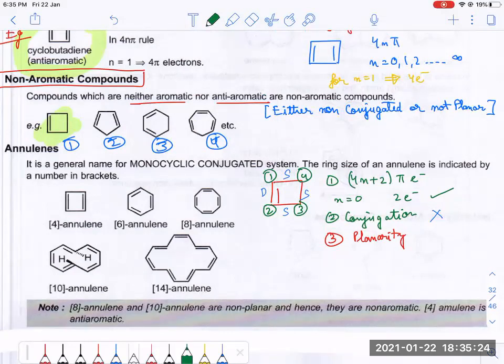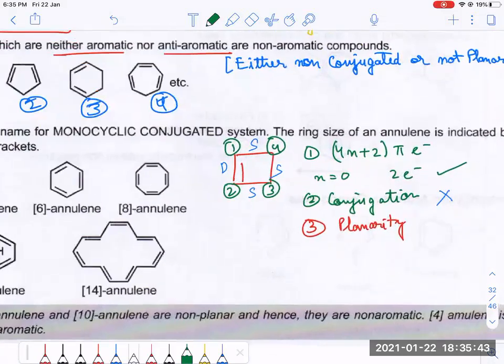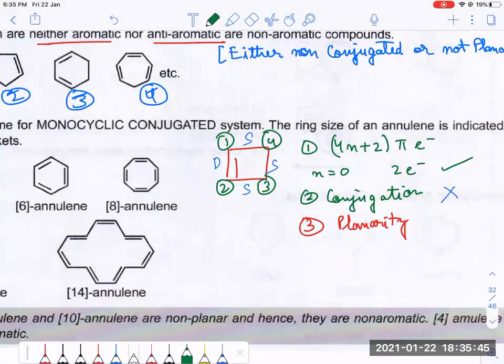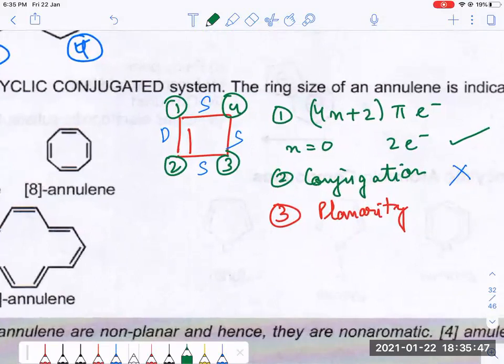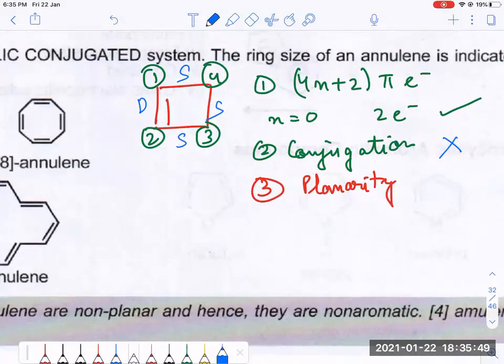Come on, this is easy. Yes, Charan? Niranjan? Hybridization of all the 4? Okay, let's take one by one. Please tell me the hybridization of the first one. First carbon. Hybridization of this carbon, please tell me.